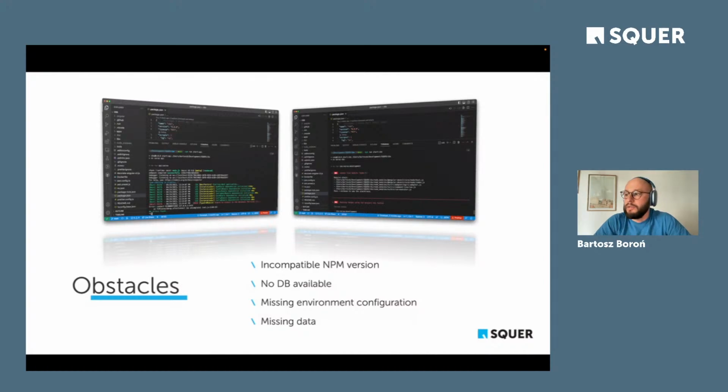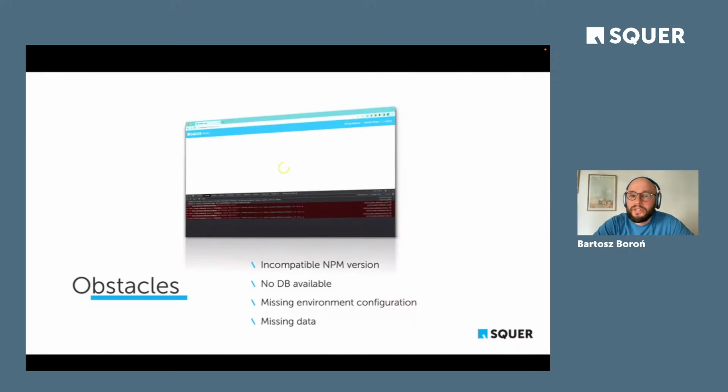I had the wrong NPM version installed. I had no database, and the application needed a database. Once I started some Docker, some local database, I had to find out how to configure the ORM mapper to really use the new database. And at the end, when starting the application,